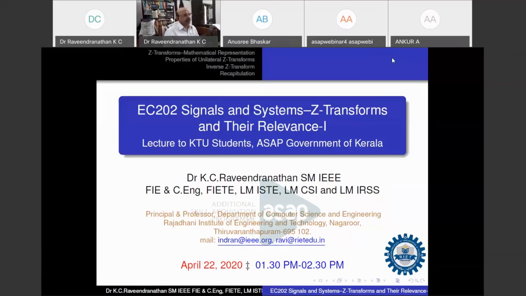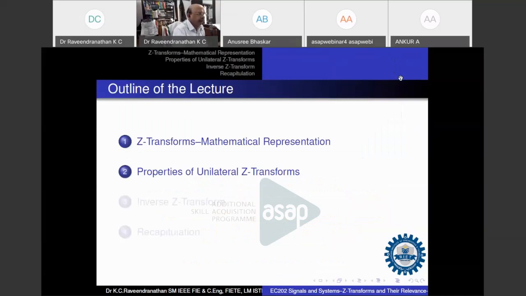So today we will be mainly discussing the content of the fourth and precisely the fifth module of EC 202 Signals and Systems. We will be discussing mainly Z transforms, region of convergence, inverse Z transforms, and probably their applications in connection with the frequency domain representation of discrete time systems. Probably this slide shows the outline of the presentation.